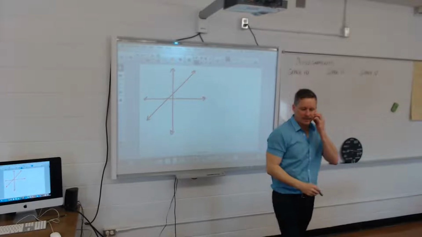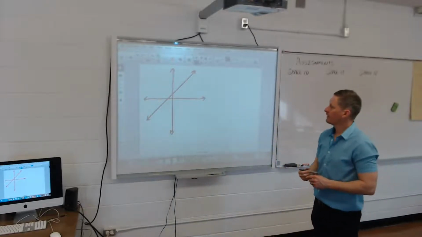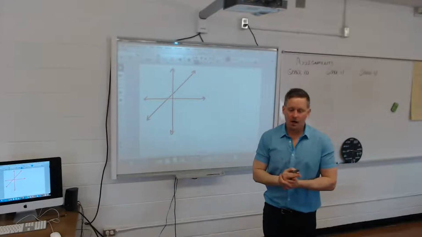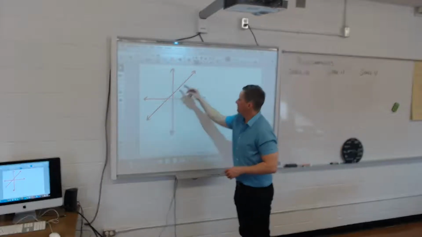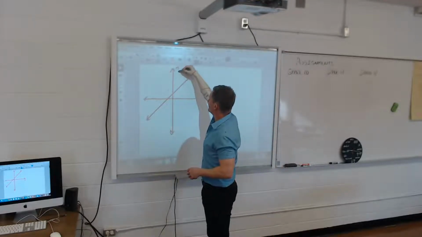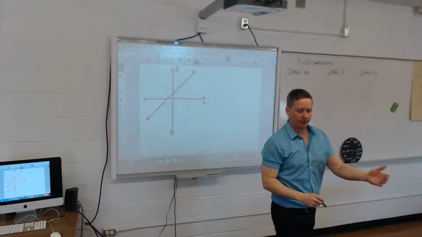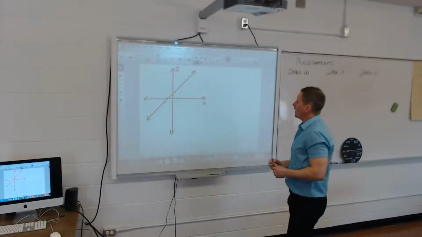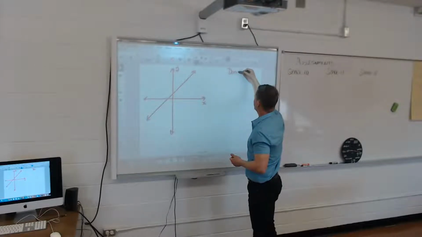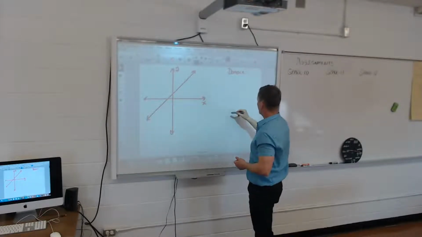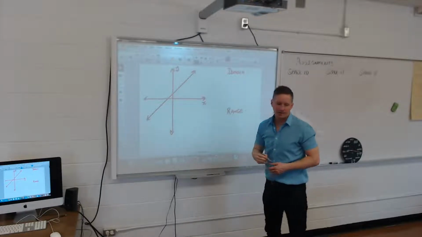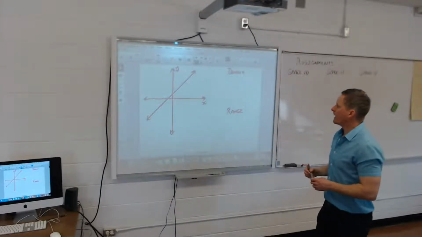So graph number 1 is a line. Okay? So a line has arrowheads on them. And those arrowheads mean that they continue on forever. So when I'm talking about my domain here, I'll put all my domains up here, my range down here, because I'm going to draw a couple graphs for you. So my domain for this graph,